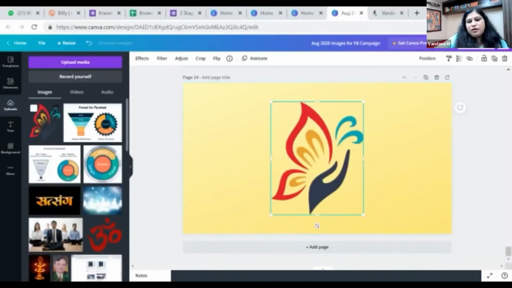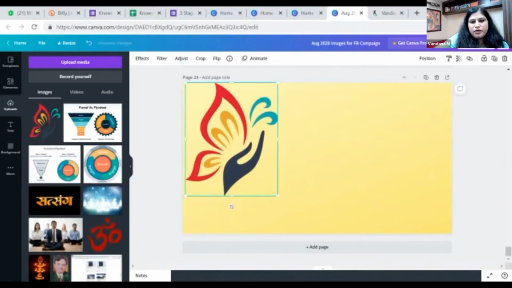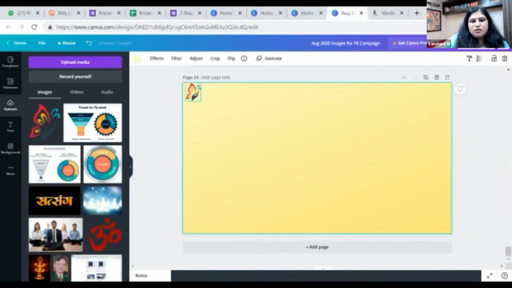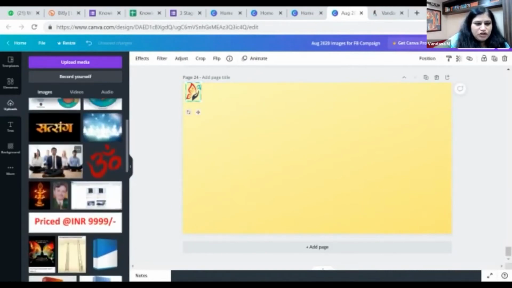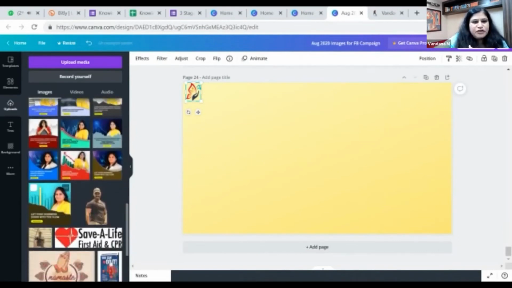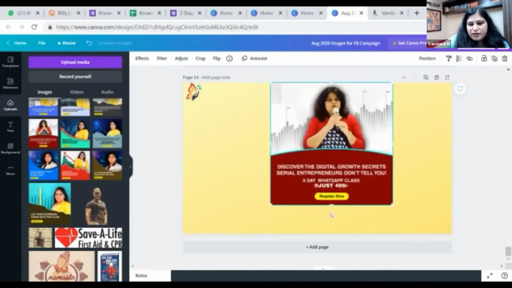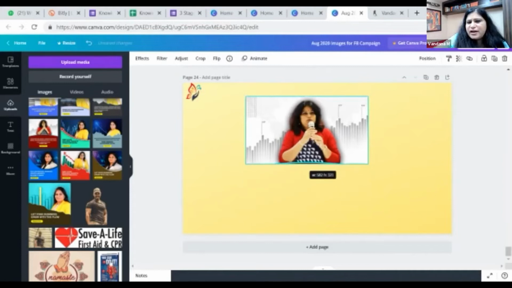This is my background. This is my logo for my company, Social Venture Solution. If I want to use it, I want to reduce the size. Okay, I'll use it. I have uploaded a lot of my pictures here. Say I like this picture of mine here, right? I don't want any other content here. I just want my picture, so I can simply crop it like this. It's very easy, just drag and drop kind of a thing and crop it. I don't want the other thing. I simply want my picture here.